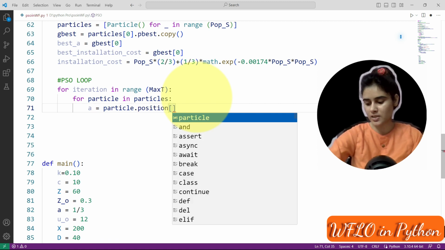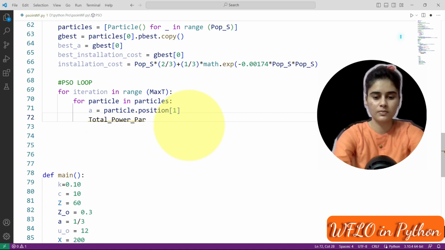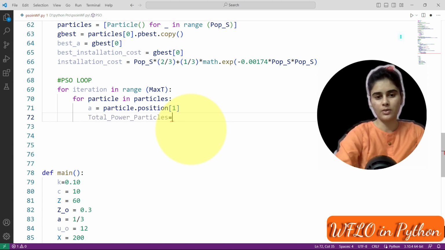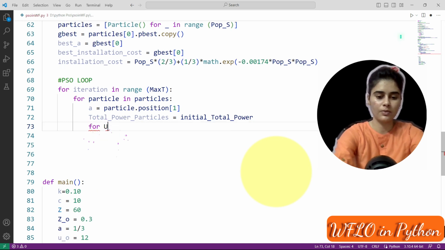We will access initially by the agent's position. We are using the particles, that is the search agents, to calculate power. This is the initial total power and wind speed.